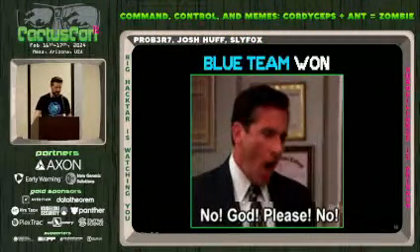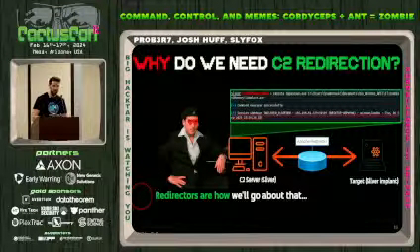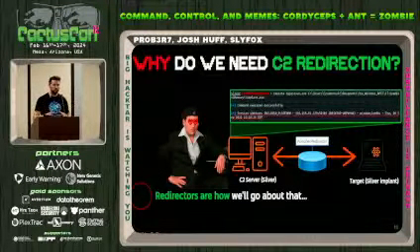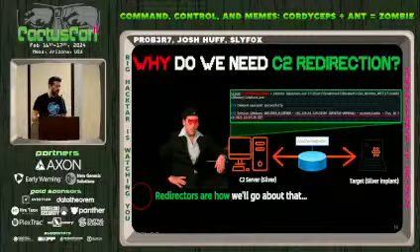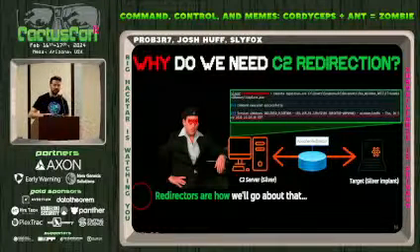So let's look at what we could have done to avoid this. If we just would have put in a redirector, it would have been okay. Maybe even multiple redirectors. You can set up more than one that all call back to the same C2 server. But it hides what your C2 server's actual identity is. You can have multiple IPs and domains that are pointing to that.